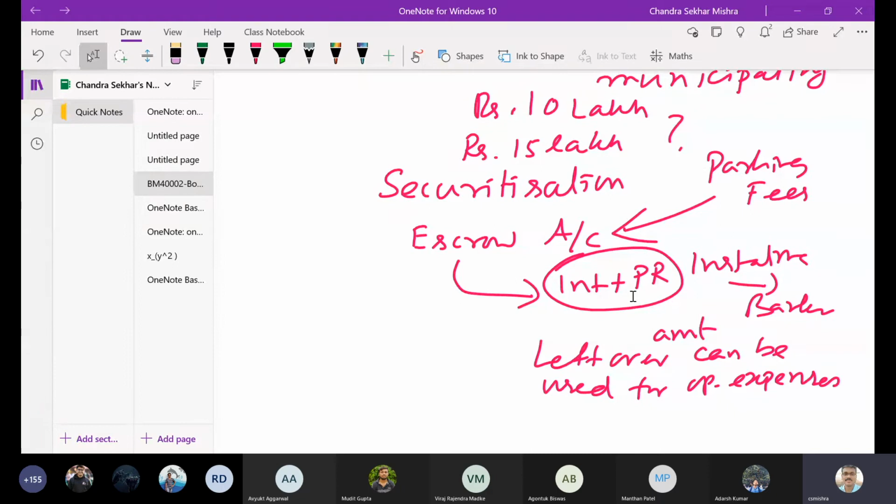Similarly, you can also have a toll plaza. Somebody can bid for a toll plaza, and all the toll collection will be there. Okay, I'm talking about the private ones. Not all toll plazas will have that. So you can always securitize those receivables from the toll fees, and against that you can take a loan, and first that amount will go to the escrow account. From the escrow account, the money will go to your financier. Whatever is left over you can use.